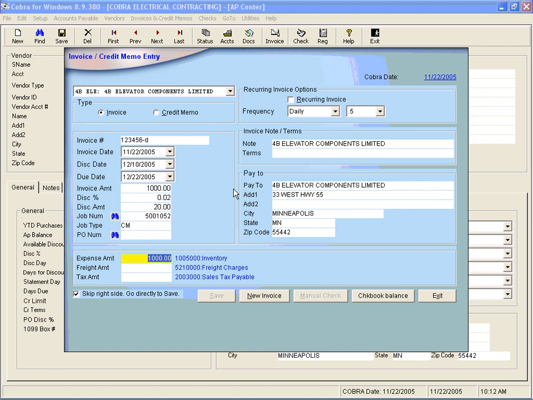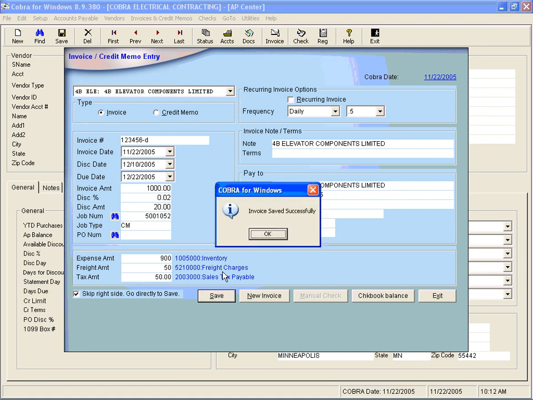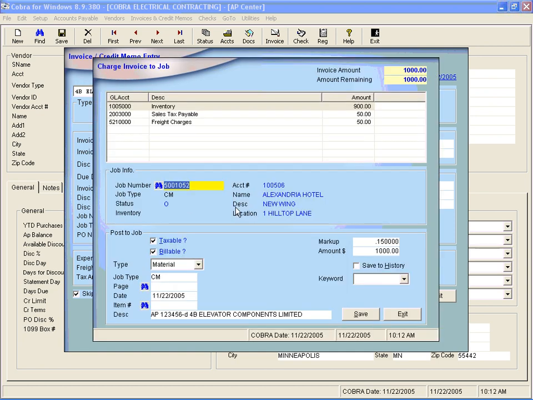Now, as you learned before, when entering an AP invoice, you can expense it out to as many accounts as you want to. I'm going to keep this simple by expensing it out to the material portion, the freight portion, and the sales tax portion of the job. So when I hit enter, what Cobra's going to do is add these three numbers up, and if they equal the invoice amount, then the save button becomes active. I can press enter to save the invoice entry, and then at this point Cobra will look to the job number field, and if there is a job number there, what Cobra will do is open up the job posting